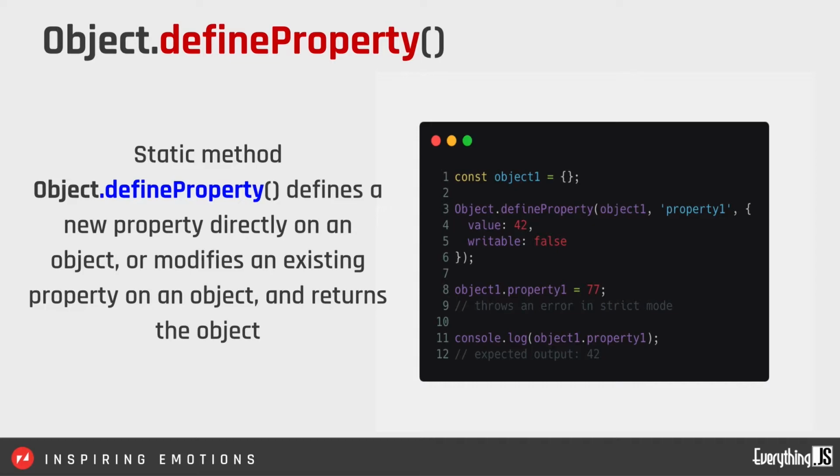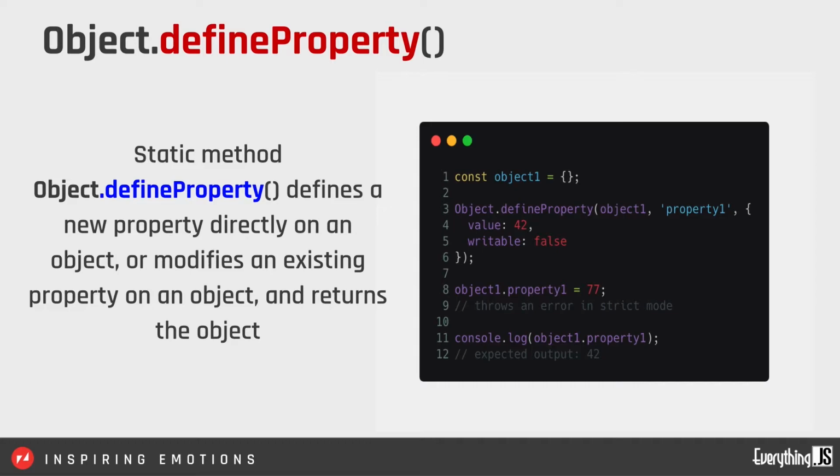And Object.defineProperty. This is a method in JavaScript that gives you the capability to add a new property directly to an object, and/or modify the existing properties. So in the example, it says